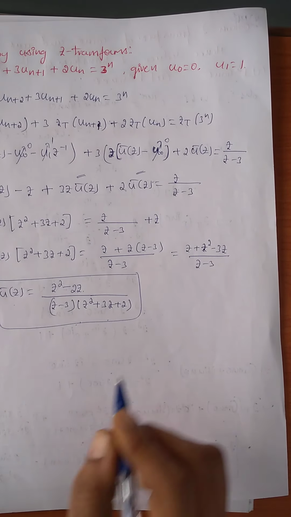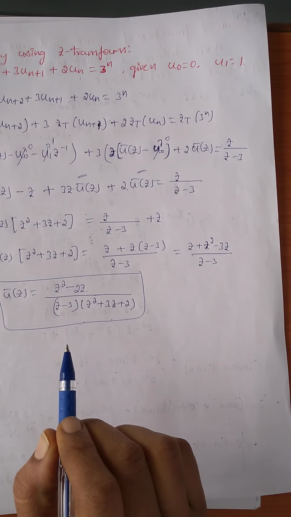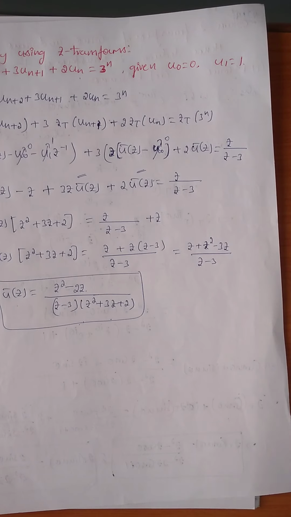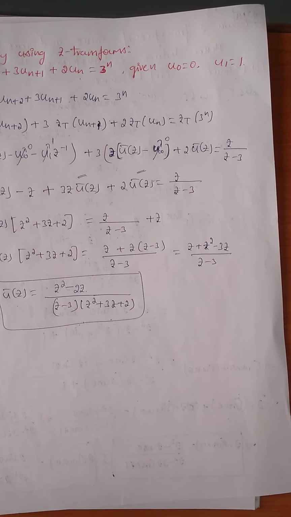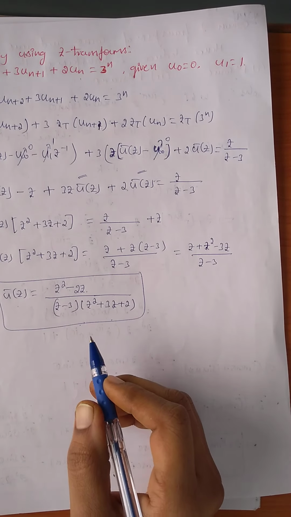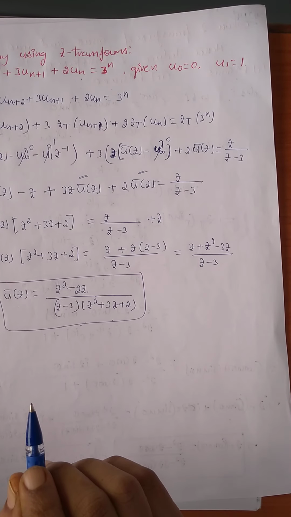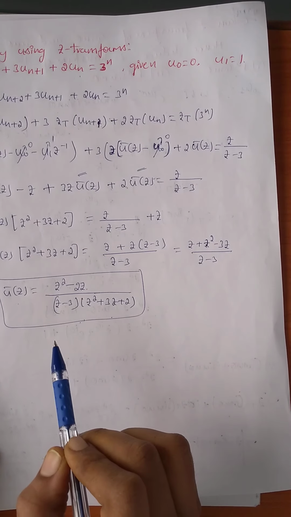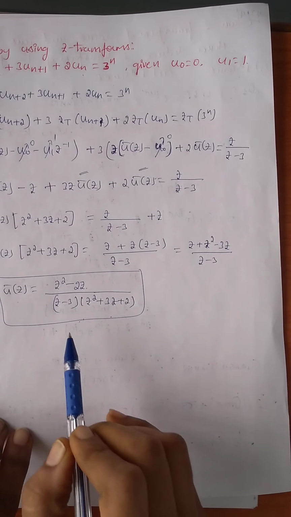The first type is the linear repeated factor in the denominator. The second type is the non-repeated factor. The repeated factor and non-repeated factor methods are different, and I explained them in the last two videos. Before going to the first or second type of inverse z transform, or partial fractions, first we have to factorize this denominator.